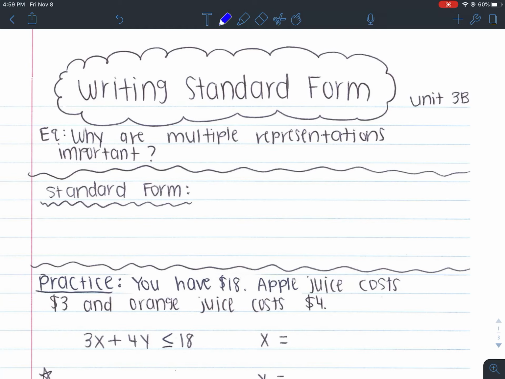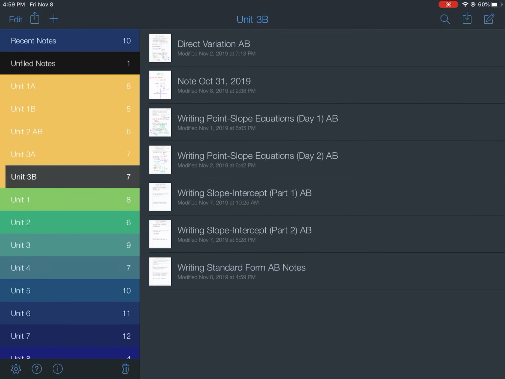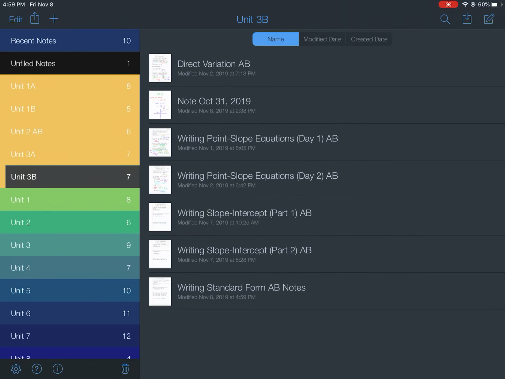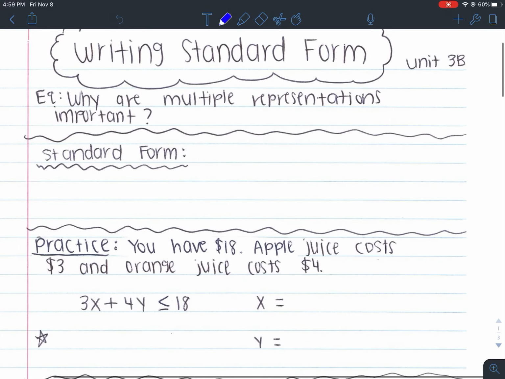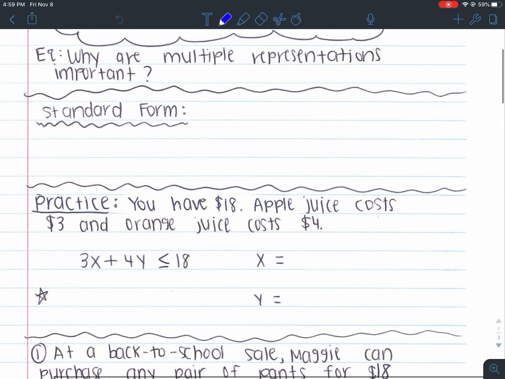So we've spent some days talking about writing slope-intercept form equations, and previous to that, we learned how to write point-slope equations. So if you want to look at the breakdown, we first looked at point-slope, which is the second two right there, and then we talked about slope-intercept, and now we're going to move on to standard form. So to review what standard form is, that's the form where it looks like ax plus by